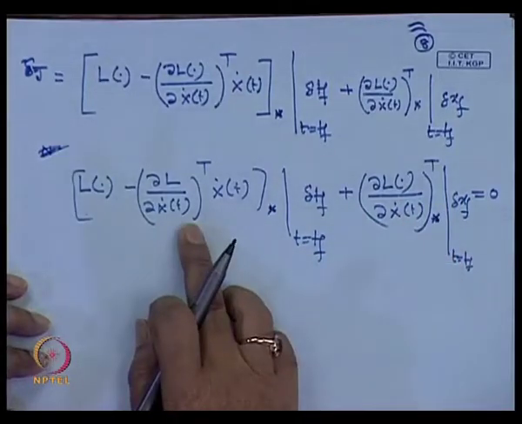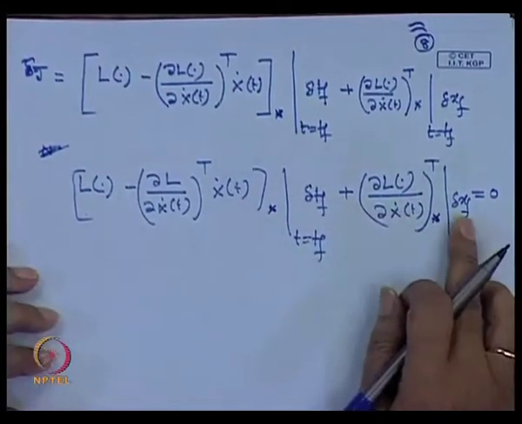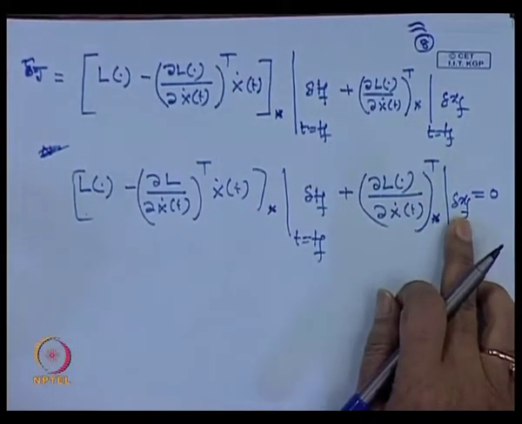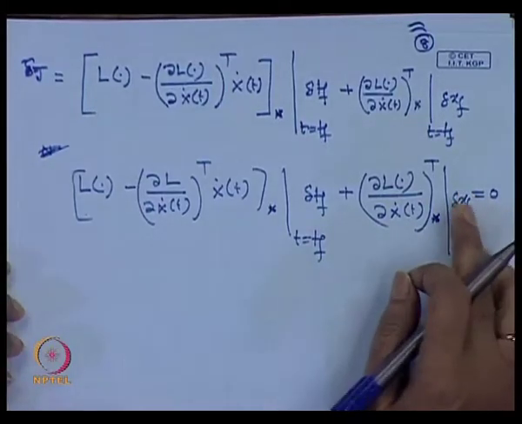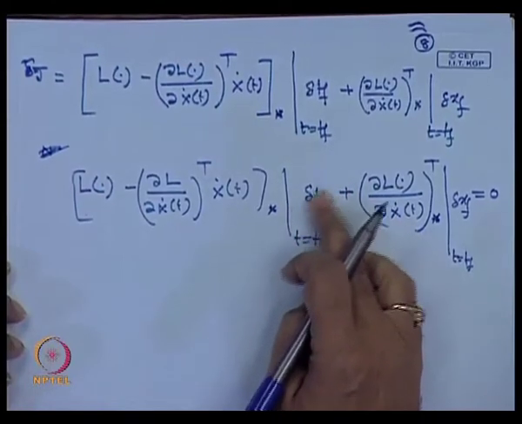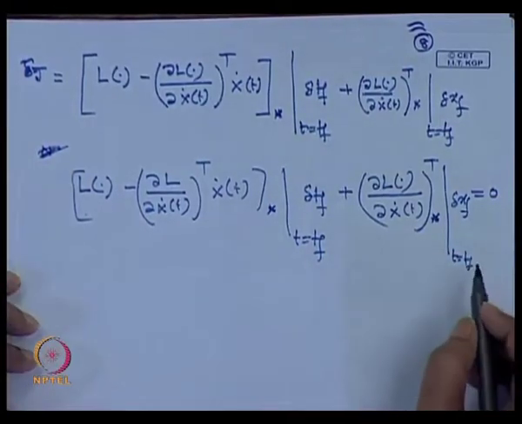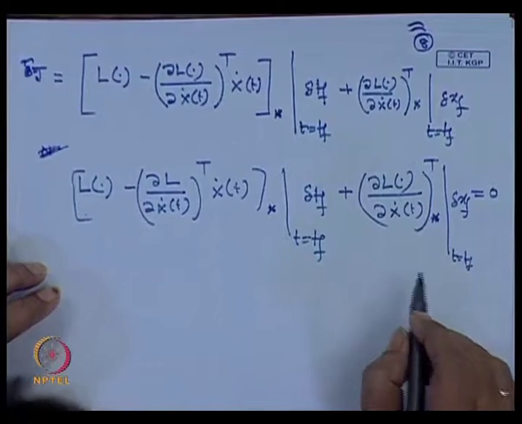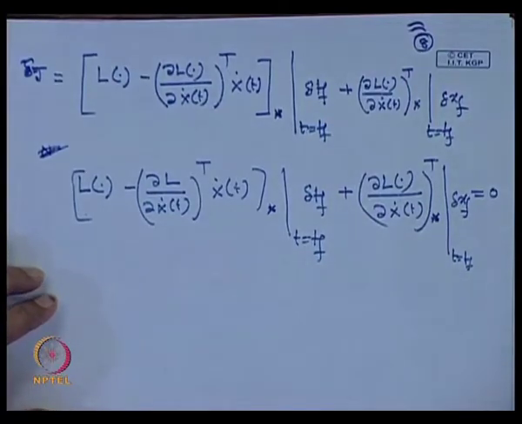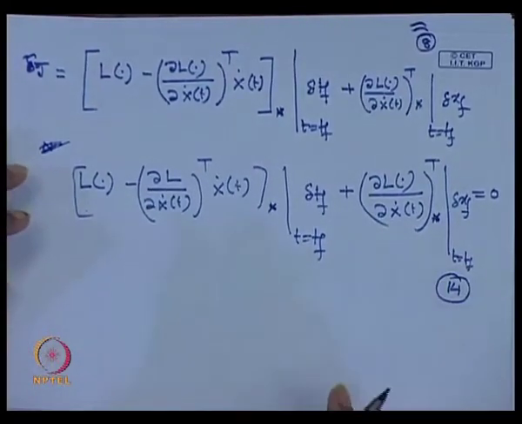So, in other words, you can say in other way, if T f is free and delta x f is fixed, agree, this is 0. So, this part will be 0 and T f is free, meaning delta T f is not 0. So, this must be 0 in order to make this 0. So, the last equation we have given is equation number 13. So, let us call this equation number 14. So, equation 14